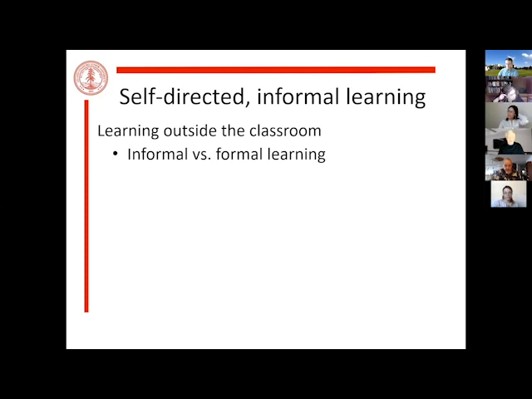But at a rough level, formal learning is what takes place in the classroom or maybe outside of the classroom in a very structured way. So if you give a homework assignment and everybody's doing the same thing, that's still more formal learning because of the structure involved. Informal can in fact take place inside a classroom as well. So it's not just the location, but generally informal learning is more likely to be outside the classroom, whether the classroom is a physical one or an online one.